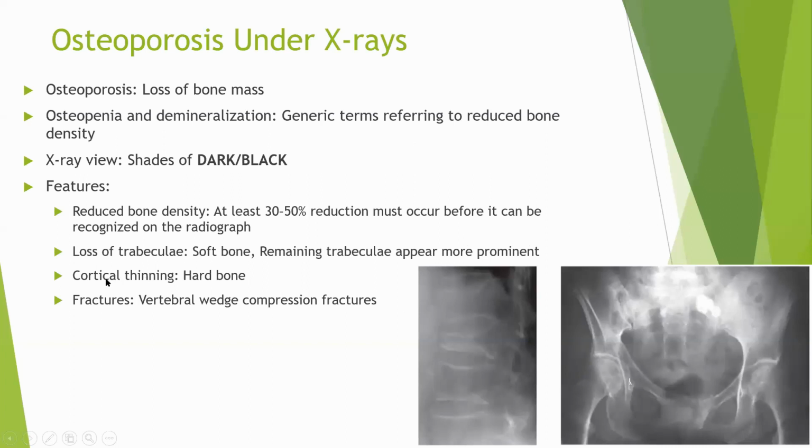There will be cortical thinning right at the edge of this long bone in the femur neck, right over here. See, look at the thinness of the cortical bone mass by the periosteum. So this is thinning of the bone in the vertebral area, and look at the very thin edge right over here. You know that there is cortical thinning, and that the hard bone is basically